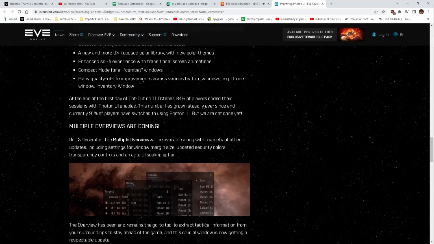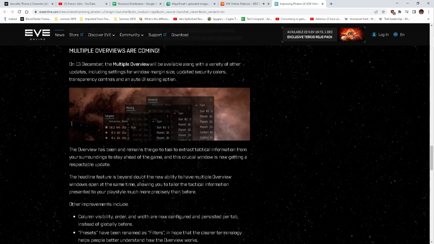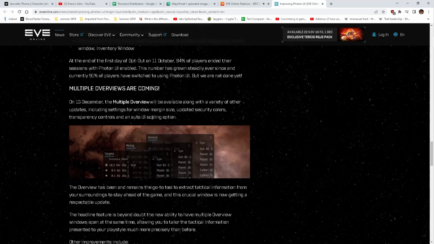Alright, so multiple overviews are coming December 13th, and that's when they reset the opt-out to being opt-out again, so it's going to force feed us everything all over again. Including settings for window margin size, updated security colors, transparency controls, and auto UI scaling option. Oh, the auto UI scaling option, that's what's screwing up the...